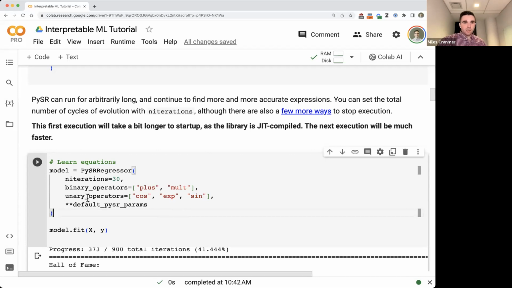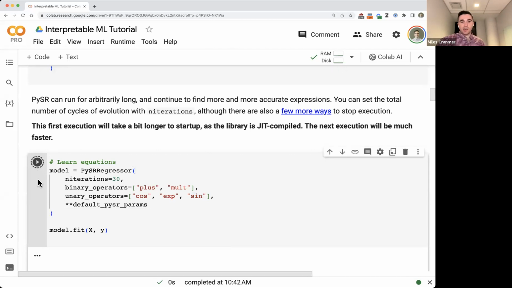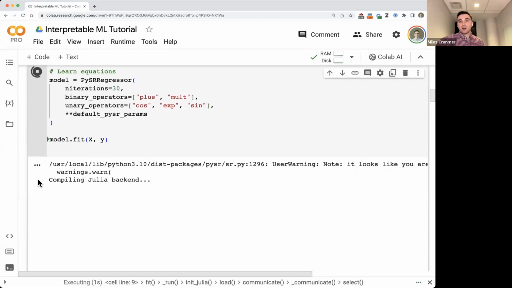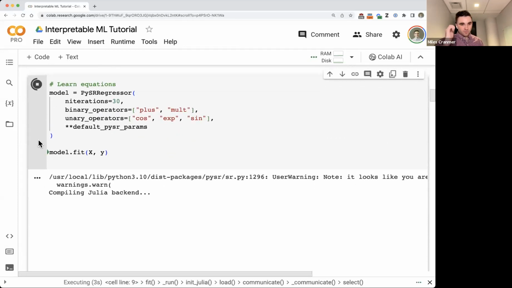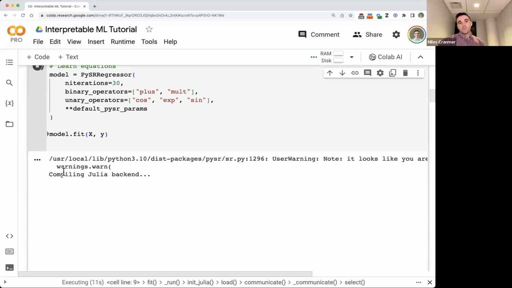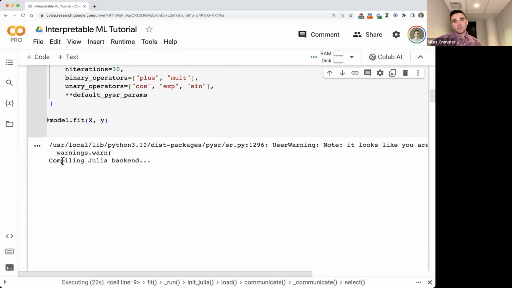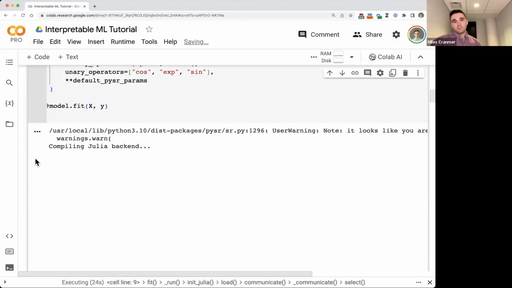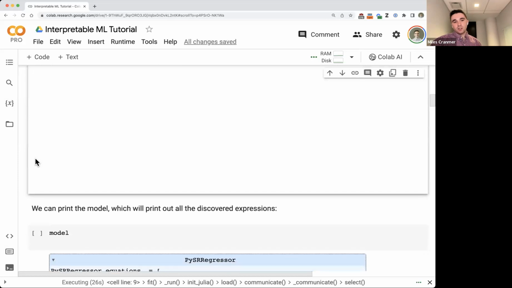Okay, so now we're going to execute this cell, and this is going to start the search. The first time you run it, it's going to take a bit longer because it has to compile all the Julia backend. But if you're in the same Python session, the next searches will be much faster to start because it doesn't have to compile everything. So this might take a bit, but once it starts,